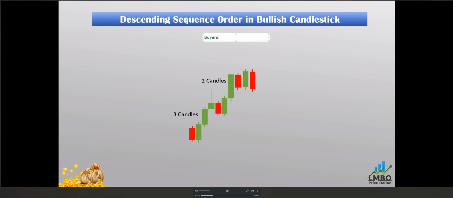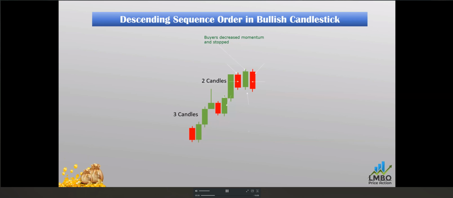Buyer decreased momentum and stopped. How to understand the stop? Stop means one side has a red candle and the other side has a red candle. The buyer is alone between the two red candles. That is called the buyer's stop. Before that, the buyers were many, more than two. If the buyers are more than two, then one buyer is closed between one seller and another seller. So this is called the buyer's stop.